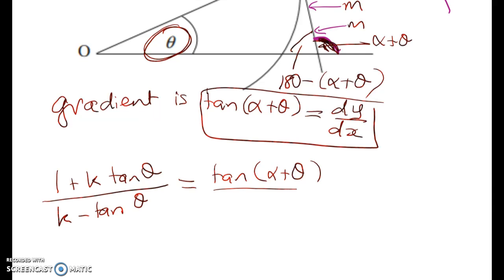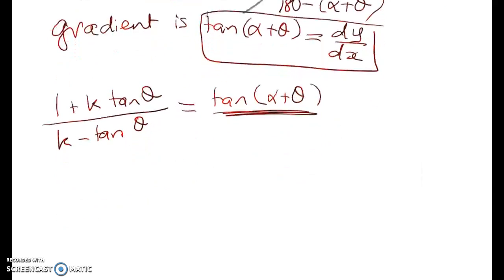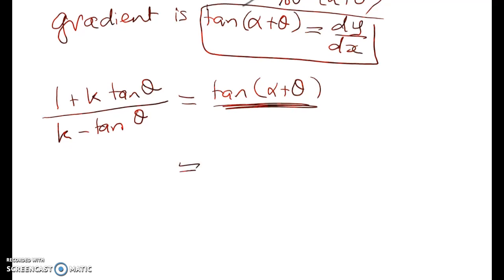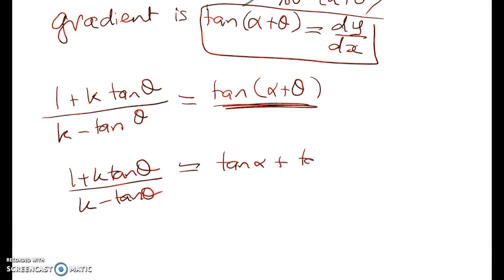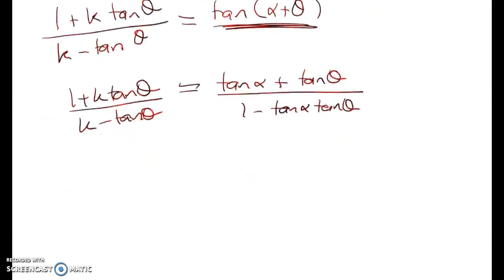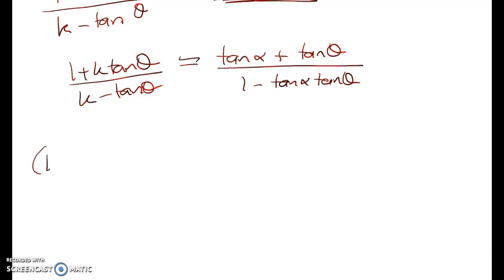And I can now very easily apply my compound angle formula and do some work here. So we're going to have 1 plus k tan theta over this, so tan alpha plus tan theta over 1 minus tan alpha tan theta. Let's cross multiply and see what we get. So 1 plus